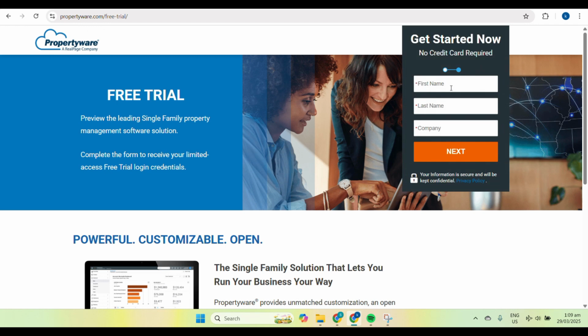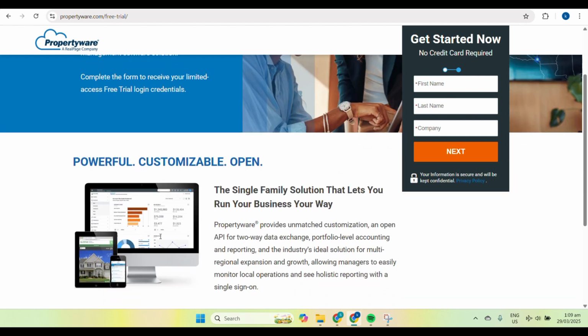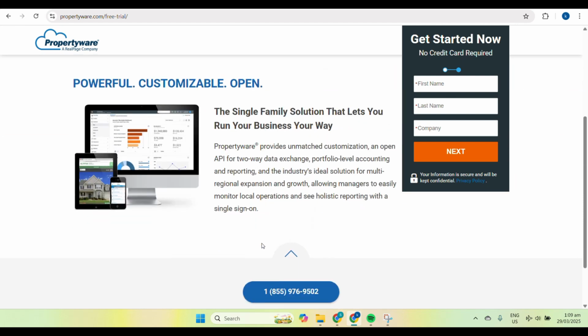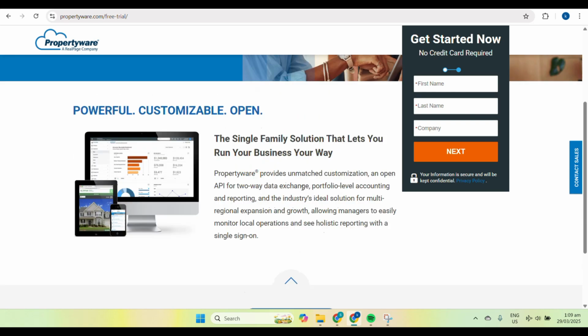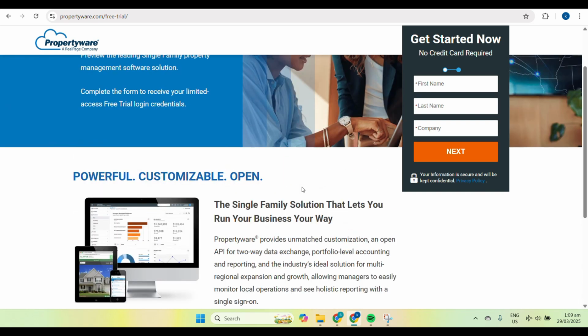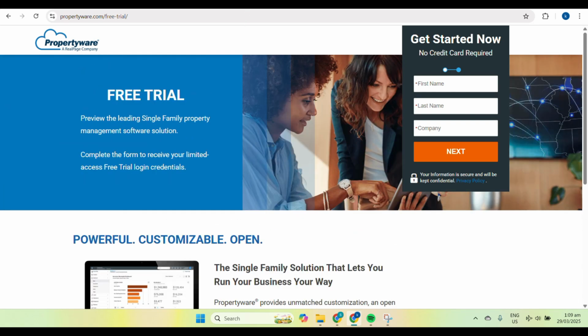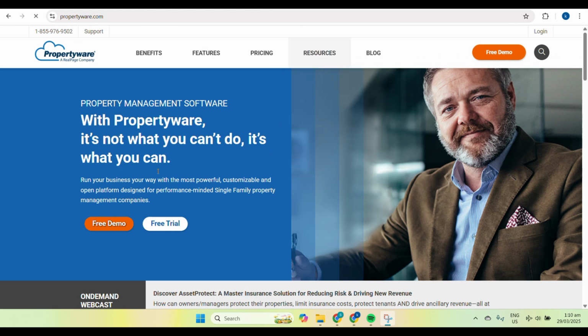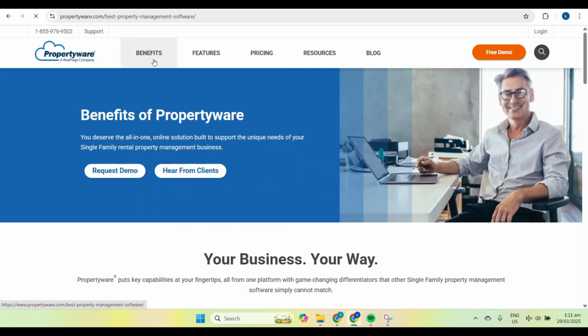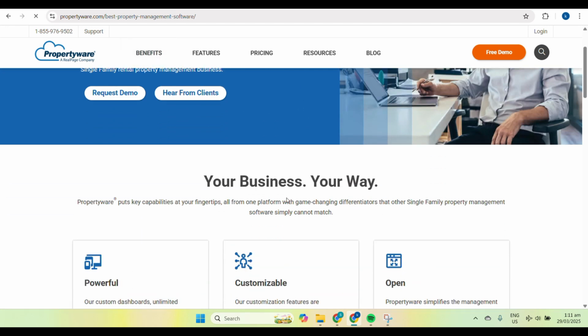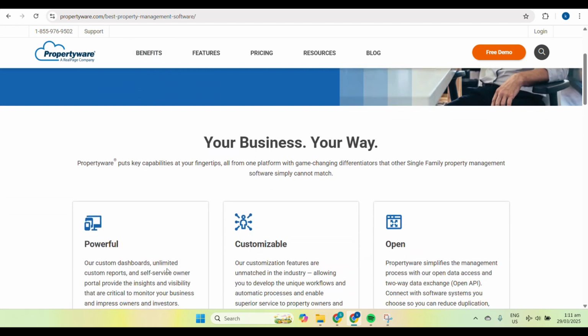The first thing you need to do is go to their website, propertyware.com, and log in with your credentials. If you don't have an account yet, you can sign up for a free trial or a subscription that fits your needs. Once logged in, you will see their dashboard, which provides an